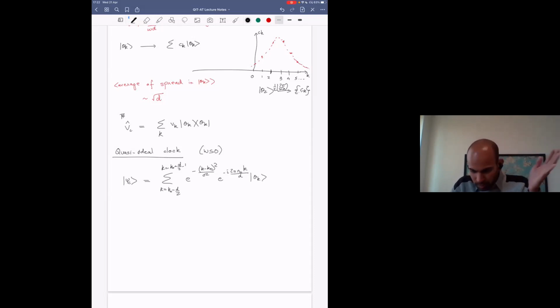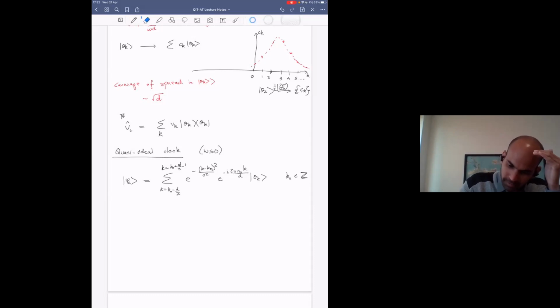So I started with a superposition of the angle states. For simplicity, I assume that k_0 is an integer, since the summation has to be over integers. It's not necessary. I could choose k_0 to be somewhere between integers, and then I just have to use the floor and ceiling functions to go to the closest integer when I write the sum. But assuming k_0 is an integer right now, I see that if sigma tends to 0 in this state,